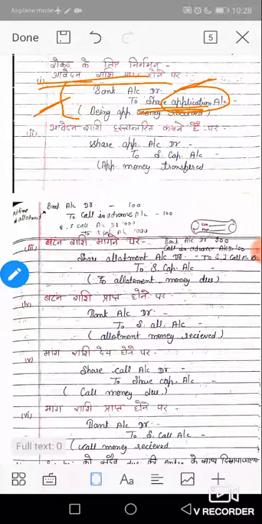Just like if A, a name holder, fills the application form, then in the journal system we say bank account Dr to A, because the bank is the receiver and A is the giver. If B fills the application form, then bank account Dr to B. If C fills the form, then bank account Dr to C. But it doesn't matter who the applicant is, A, B, C, X, Y, Z.